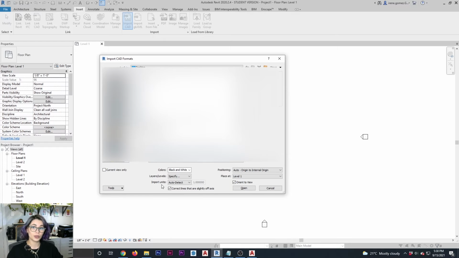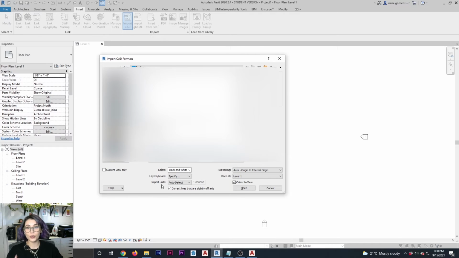If the CAD drawing itself has been drawn incorrectly, in other words, whoever did it didn't really understand the unit system and then they just drew stuff randomly, when that drawing comes into Revit, those inconsistencies will remain. So you have to manually set the units.